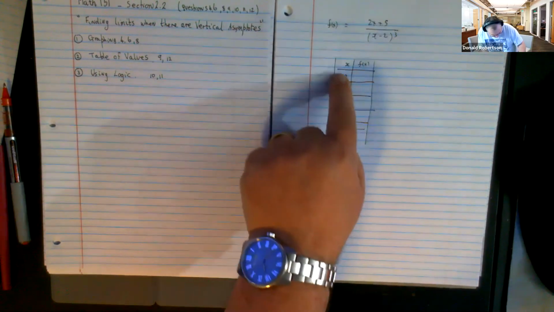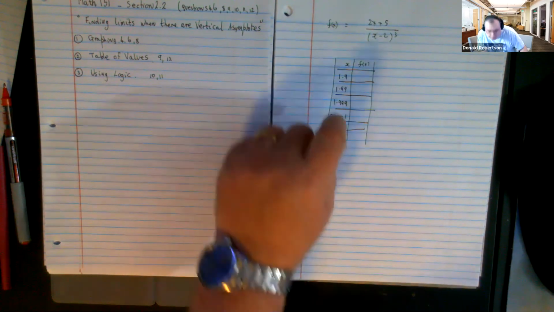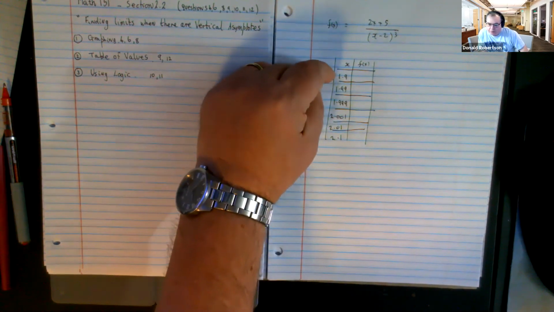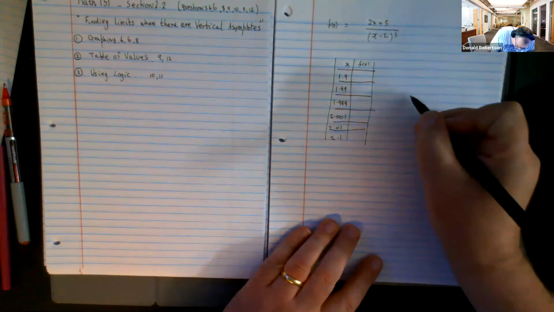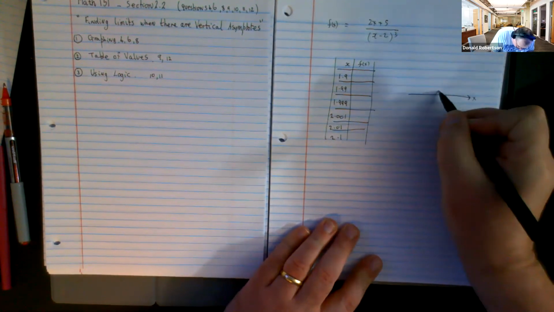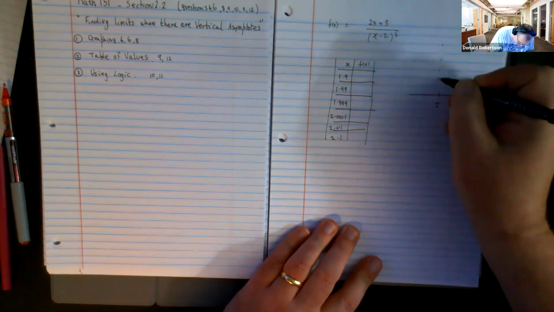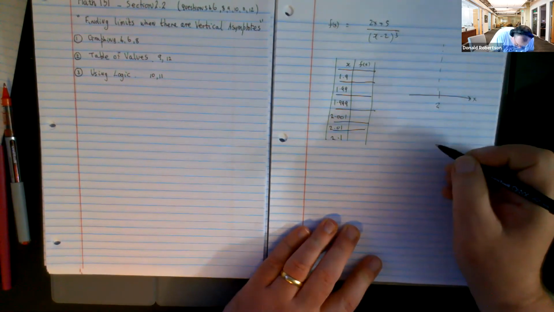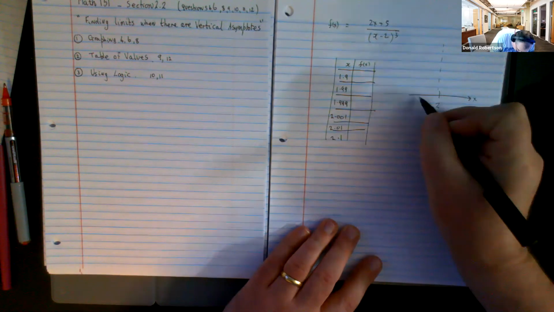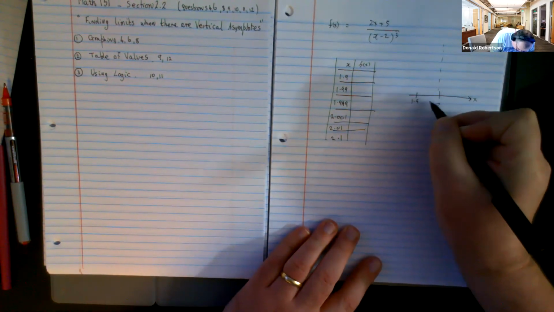So what you do is you evaluate this function at these key points. And do you notice they're not random? Do you notice I'm starting at a number? If I draw a little x-axis here, there's the magic 2 that we don't know. We know a vertical asymptote's happening, but we really don't know yet what the situations look like. But can you see I'm doing like a 1.9 and then a 1.99 and then that one and then that